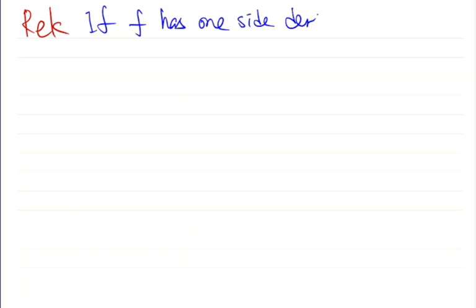We consider the case that f has one-side derivatives. So a useful remark: if f has one-side derivatives,